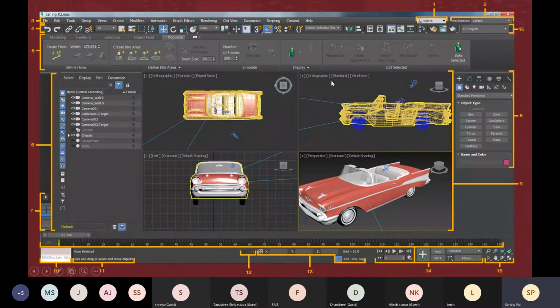And this viewport layout, in the default condition, you got this quad viewport, four equal viewports. That viewport layout can be controlled by this viewport layout control toolbar. This total vertical is called the viewport layout control toolbar.